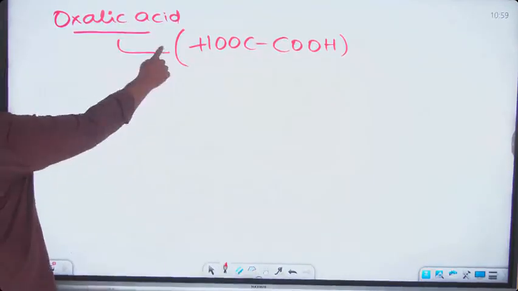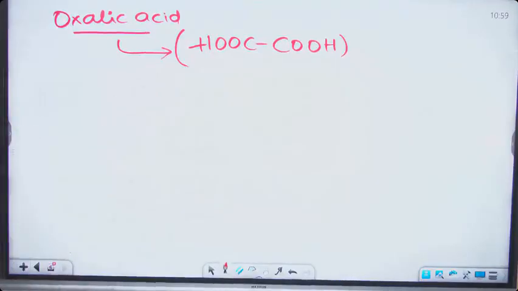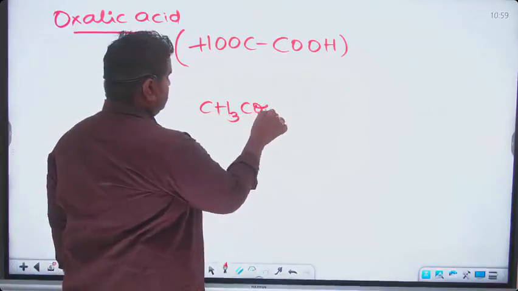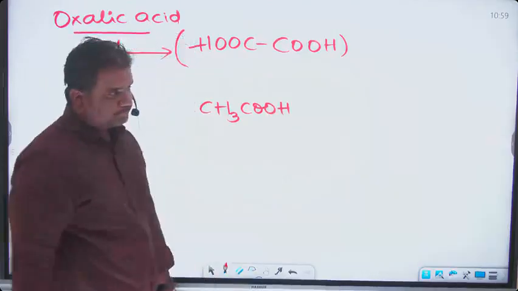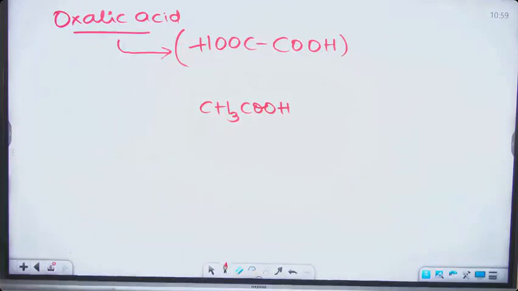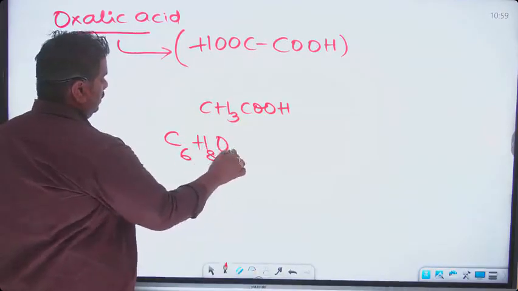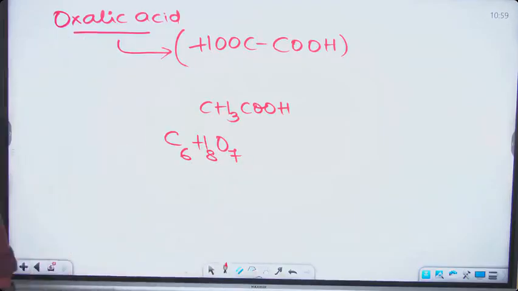So this is the formula for oxalic acid. Acetic acid, you are aware. So acetic acid is CH3COOH. Then citric acid, C6H8O7. It is used in